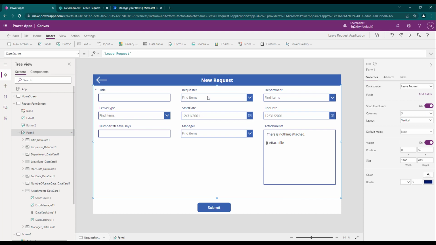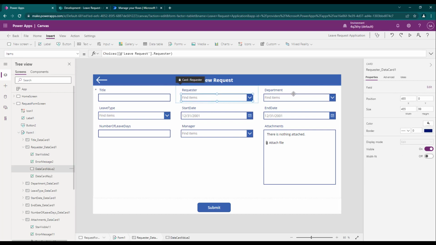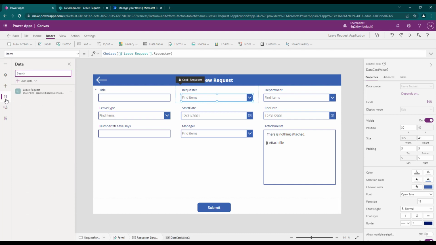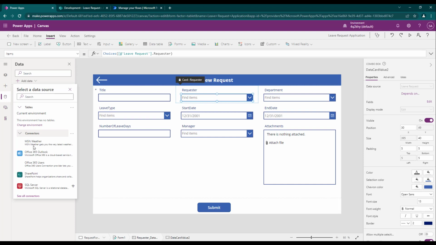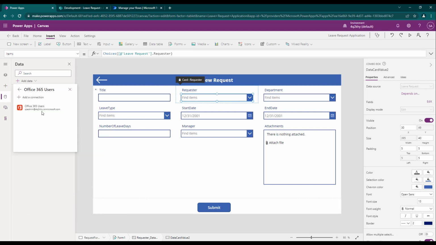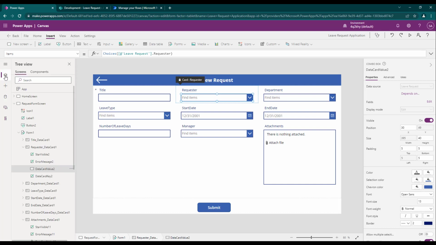So maybe one of the things is for the requester, I might want it to automatically pick the name of whoever is making the request. So one of the things I do personally, there is a particular connector called Office 365 users. So I just come here to the Office 365 users, then once that is done, I can go back here